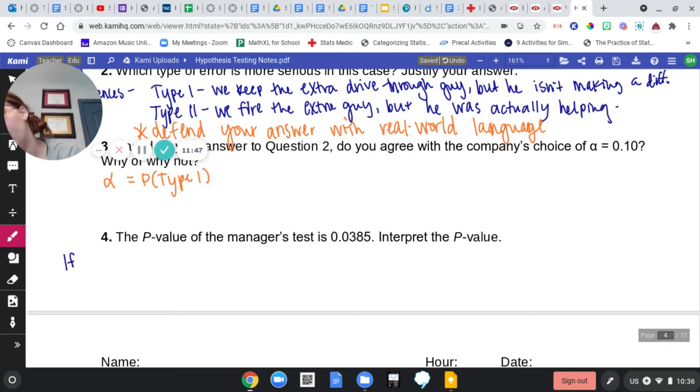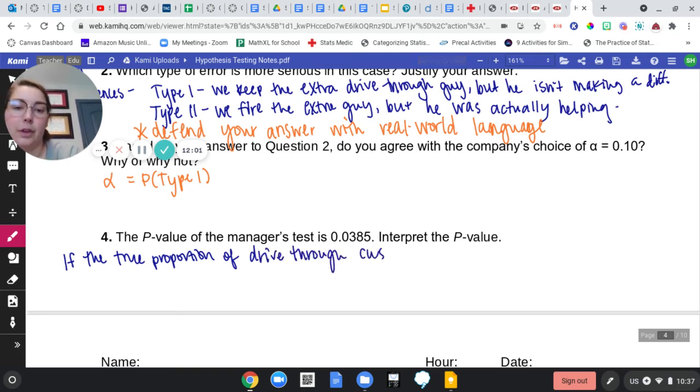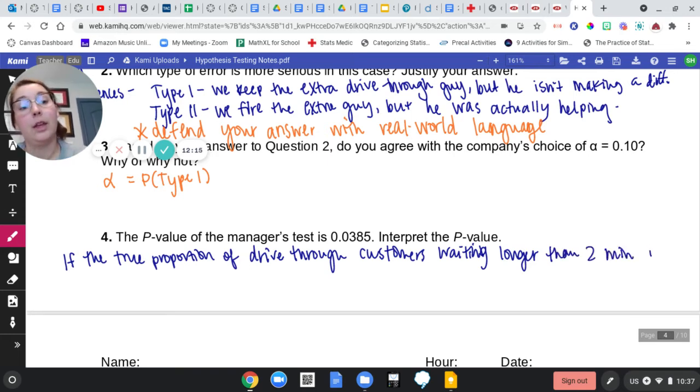So if the true proportion of drive-through customers waiting longer than 2 minutes